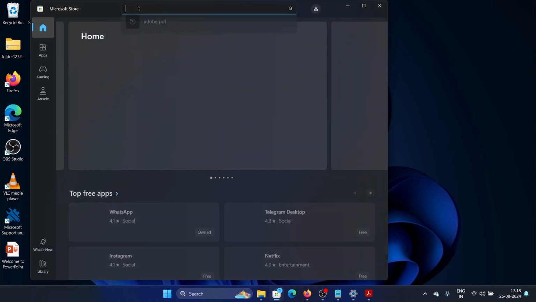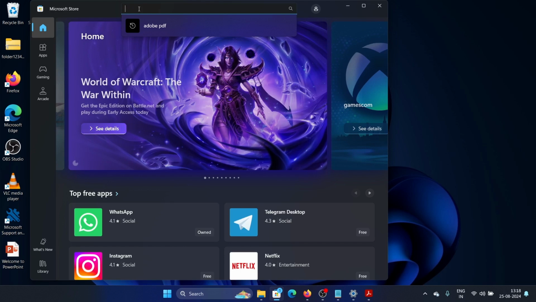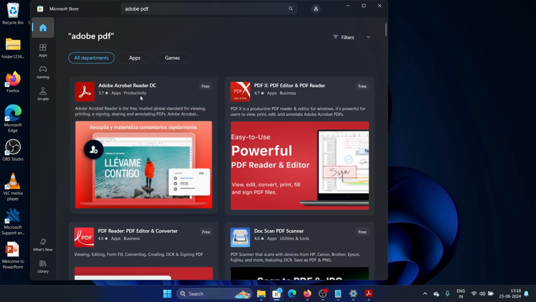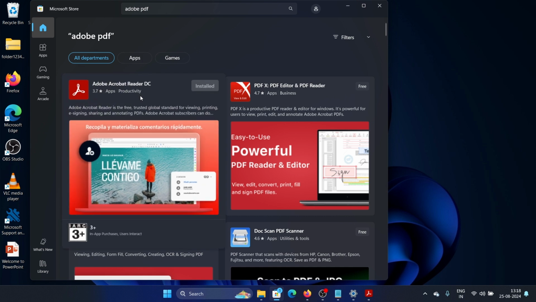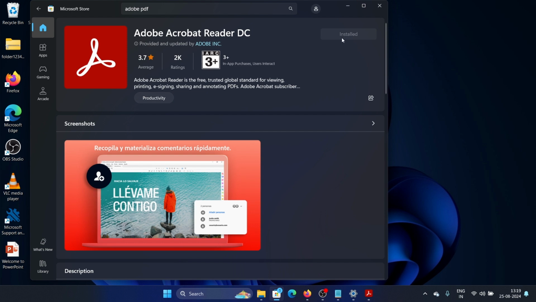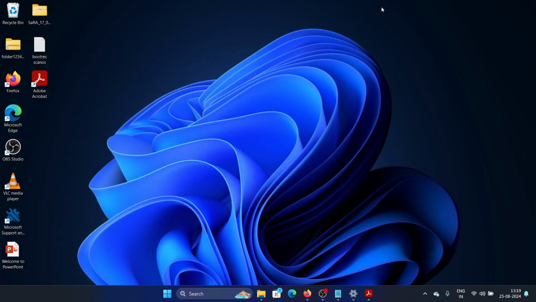So how you download it is go to Windows Store and look for Adobe PDF. Now this is the application Adobe Acrobat Reader DC. Click on it, and if it's not installed, install it. Now once we use this, no such error should show up, but if it does, then what we need to